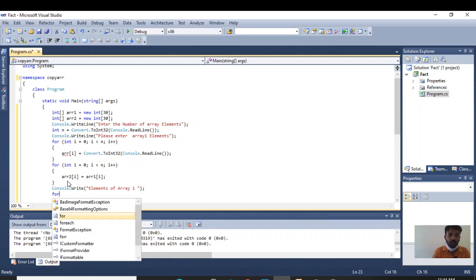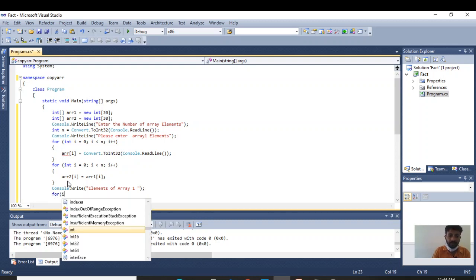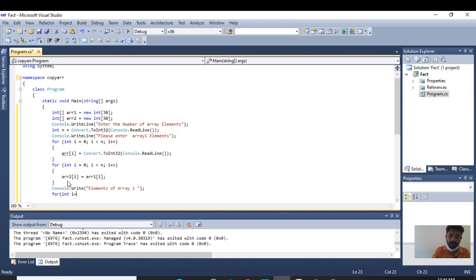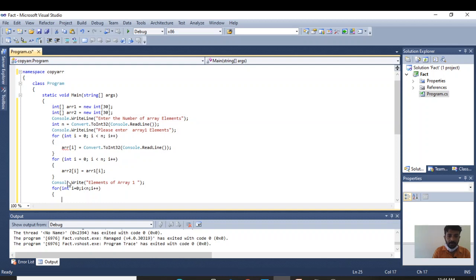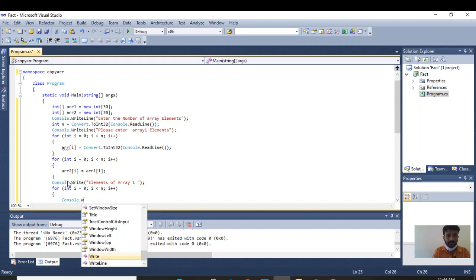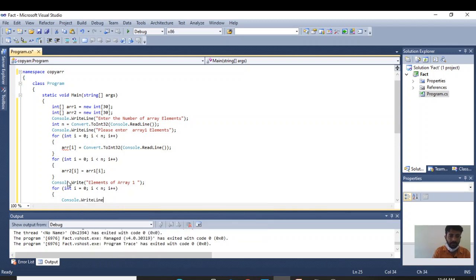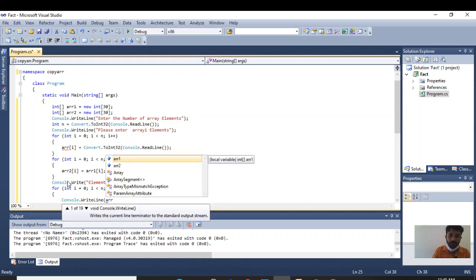Next, I will use a for loop again to display the elements. Int i equal to 0, i is less than n, then i plus plus. Next, Console.WriteLine array 1 of i.